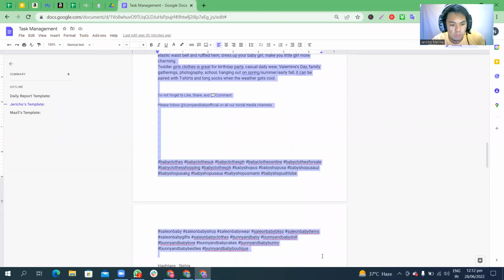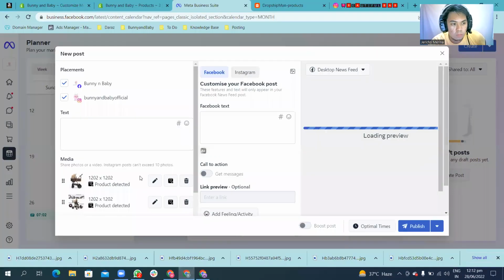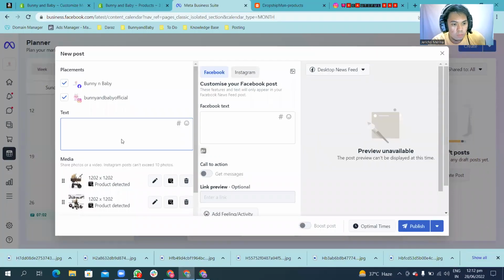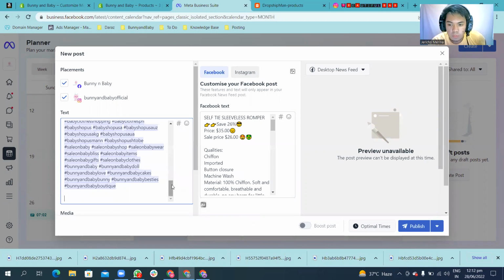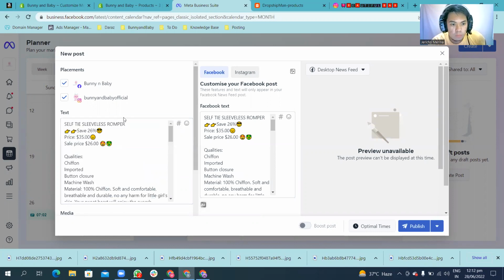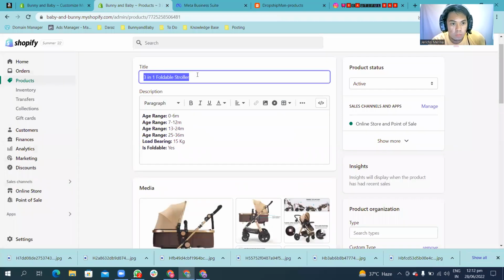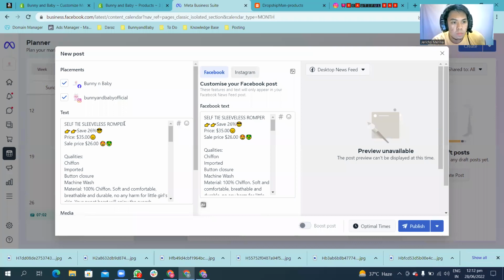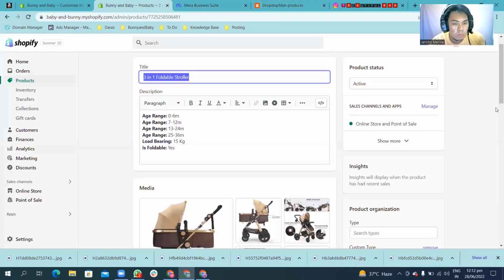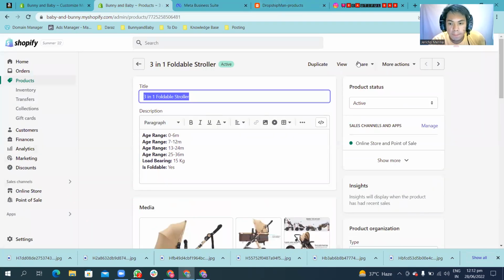Yeah, till here. I'll copy it. Firstly, I'll paste it all as it is, and then I'll start changing from the scratch. For example, first is the product title. I'll go to the product, I'll copy the title, and I'll paste the title. Okay, to check the percentage, how much percentage we are giving off, you come here, you